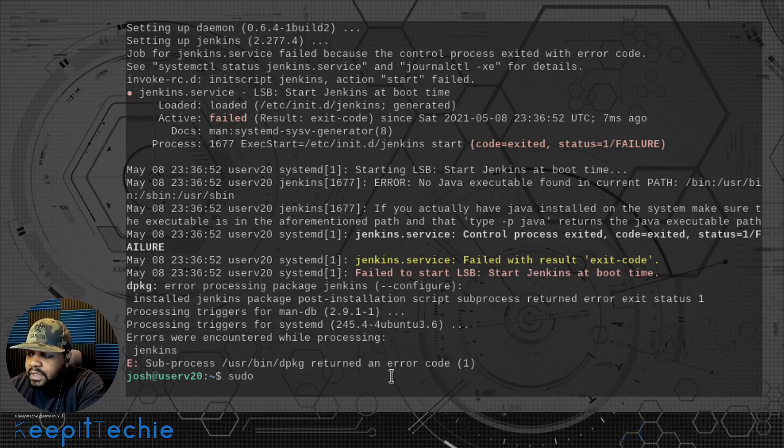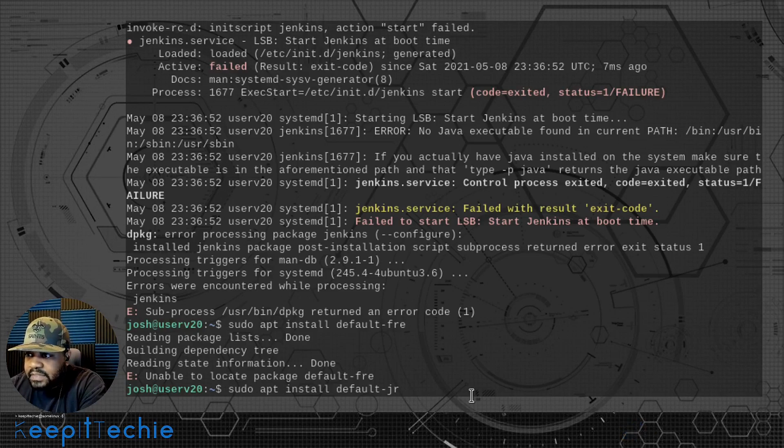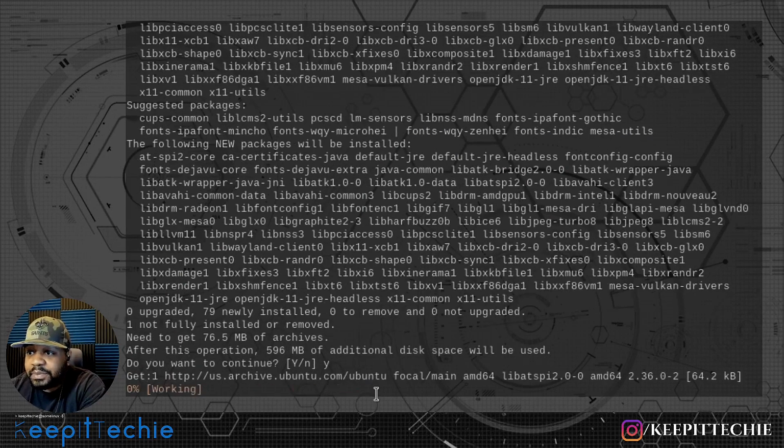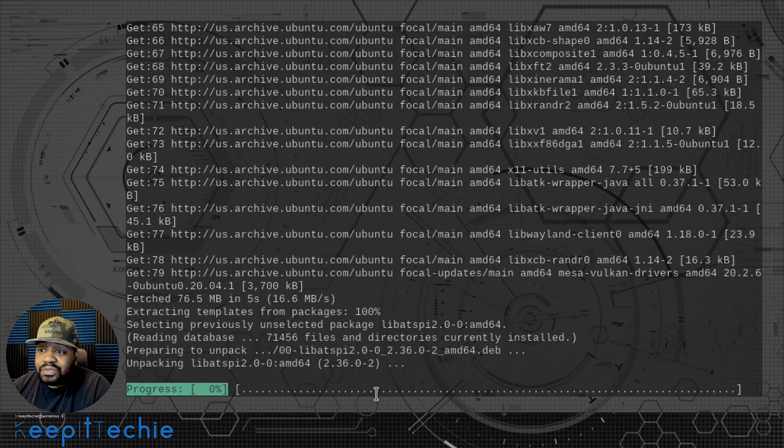Let's just type sudo apt install, and then I believe the package name is default-jre, and that'll install the latest version, or should, and I typed that in wrong. Like I said, I'll put that down in the description of the video as well. JRE, boom. This will install the latest version, which is really what we need right here. OpenJDK-11, that's really what we need. So let's press enter. It'll install all the Java packages that we need in order to start up Jenkins, and